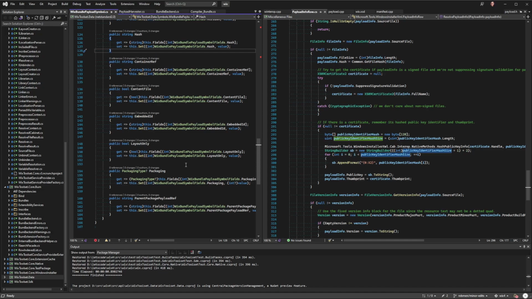So remote payloads are payloads where you don't have them locally. They're remote. They're somewhere else. And as you can see, we need the hashes and all the information about these particular files. So remote payload is a way of saying, look, I don't have this file when I'm building my bundle. It's off somewhere else, like maybe it's a .NET Framework and you don't have it local. Then we can use the heat tool to harvest the necessary information out of the file and put it straight into the payload, into the information